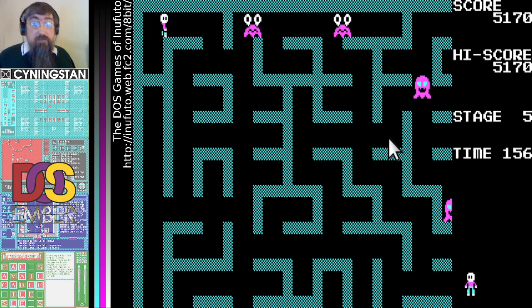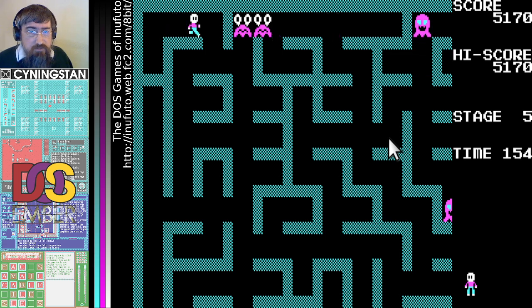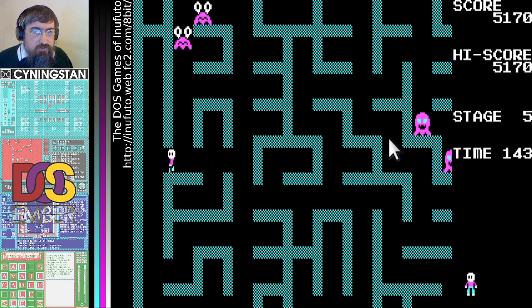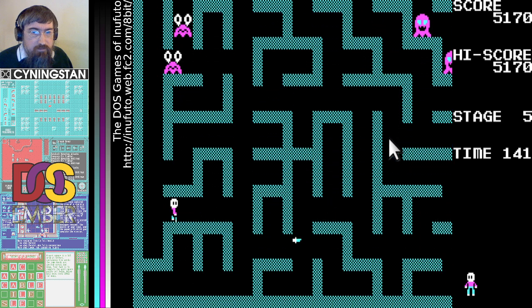Yeah, they've got a limited number of sprites, but it works well with text mode, right? I have no weapon here. I have no idea where I need to go, so I think what I need to do is just run away very quickly. Aha!